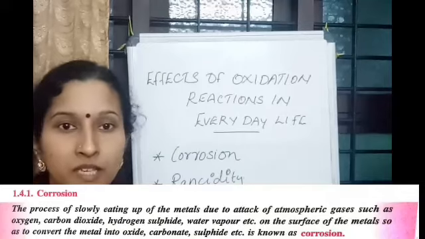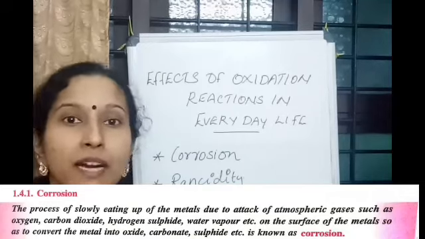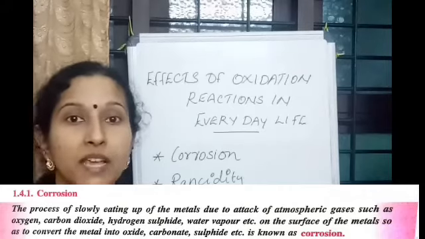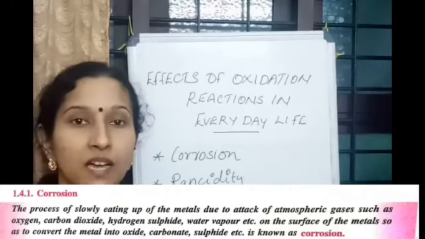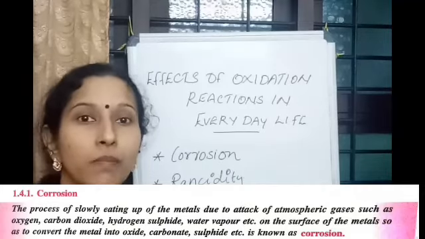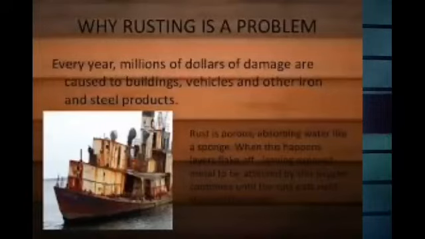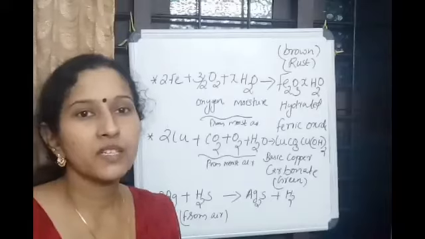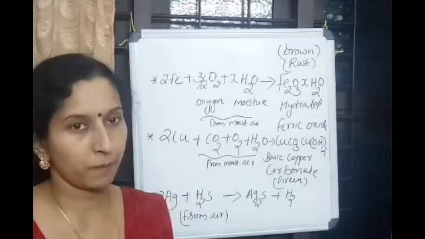Which means when a metal is attacked by the substances around us like acids, bases, atmospheric gases, etc., it is said to corrode. And this corrosion makes damages to the car bodies, railway tracks, bridges and all the objects made of metals. In total, corrosion is a serious issue. Now we can discuss some examples of corrosion.